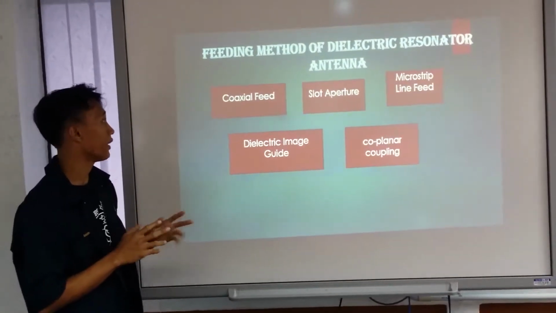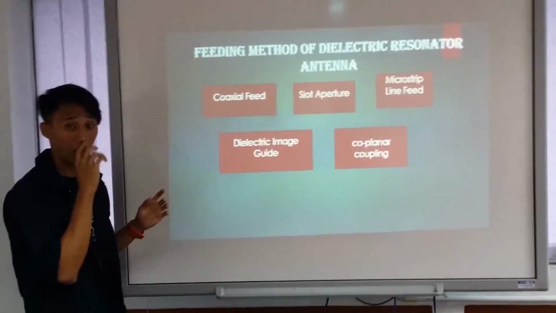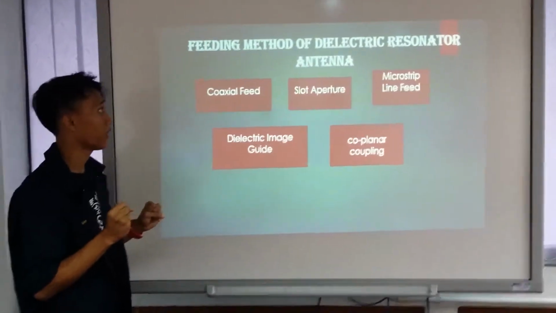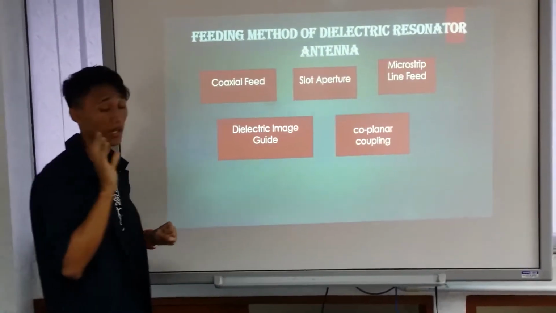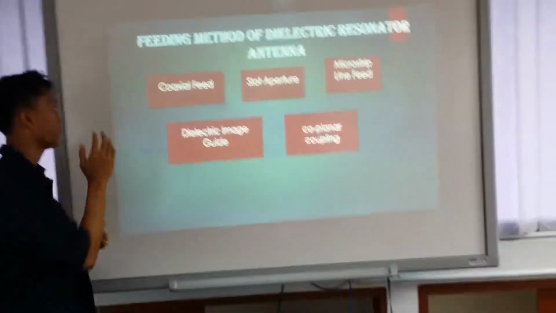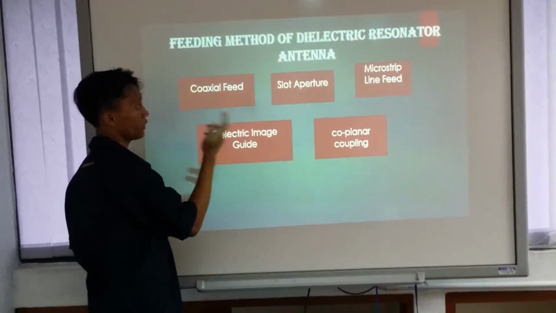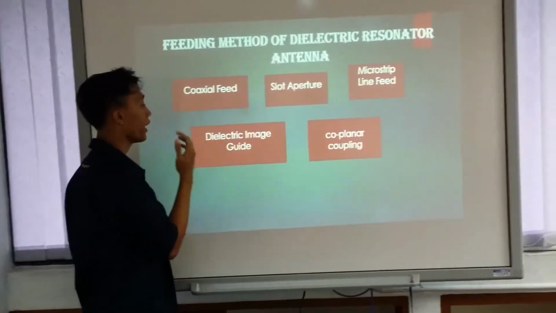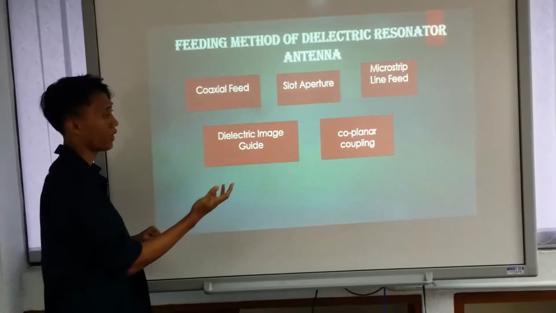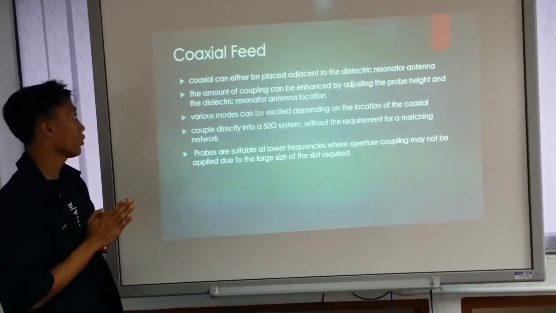For the feeding, I will go through the feeding methods of the dielectric resonator antenna. There are five feeding methods: coaxial feed, slot aperture, microstrip line feed, dielectric image guide, and coplanar coupling. For the coaxial feed,